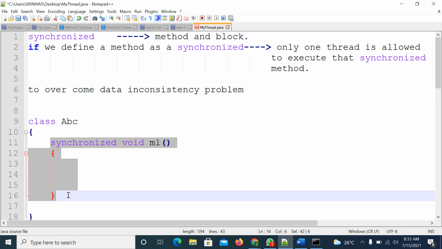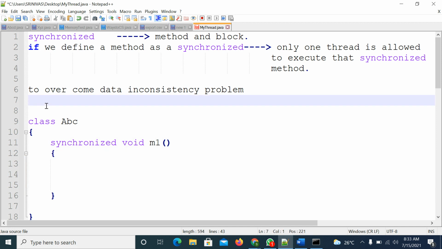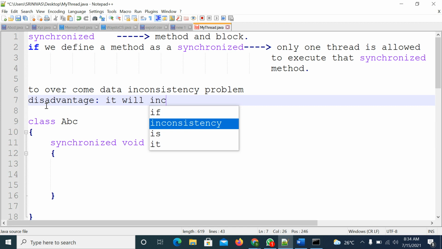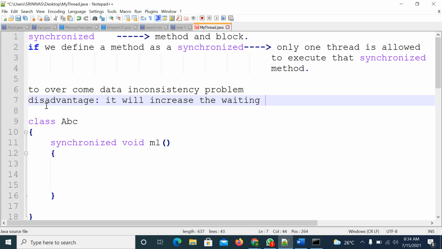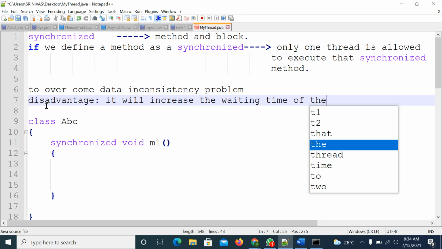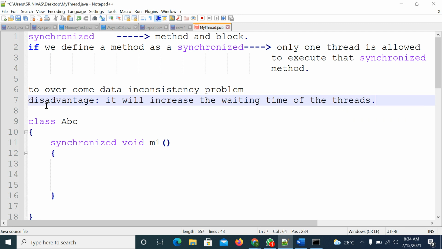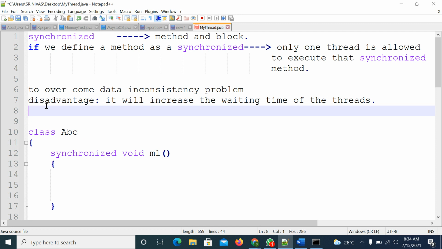Executing them takes some time, so while one thread is executing 1 lakh lines of code, the second thread has to wait until they are executed. So it increases the waiting time of the threads, and automatically the system performance will be low.